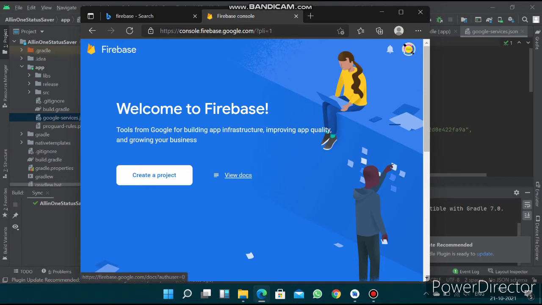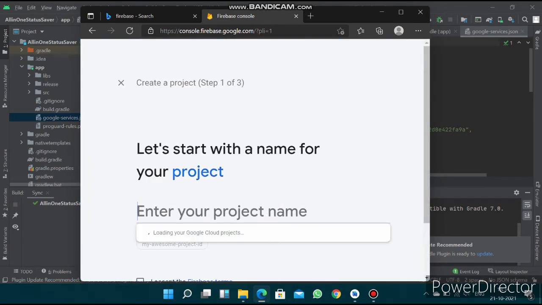And here you need to click on create a project, enter a name for your project, so I'll write all-in-one status saver.